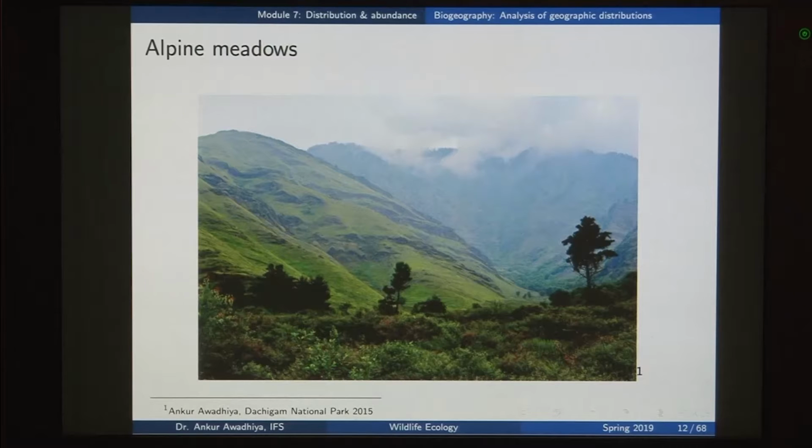Now, in the case of these alpine meadows, not only do they have a cold climate, but at the same time they also have a very high wind speed. Now, at the same time, we can talk about the soil characteristics that we have in these areas. Now, typically the soils here will not be very fertile. Why? Because they have been